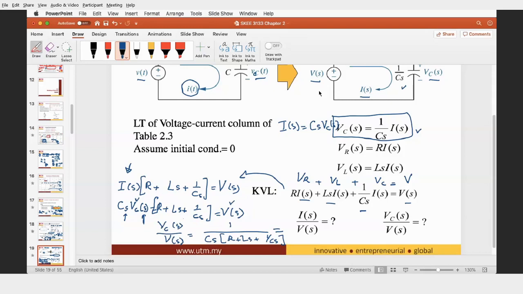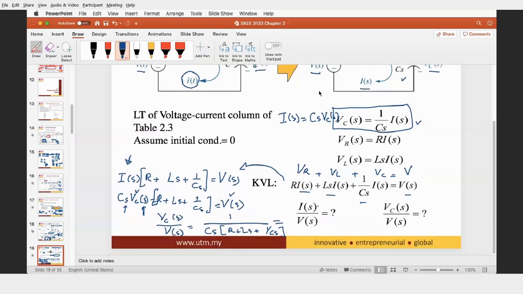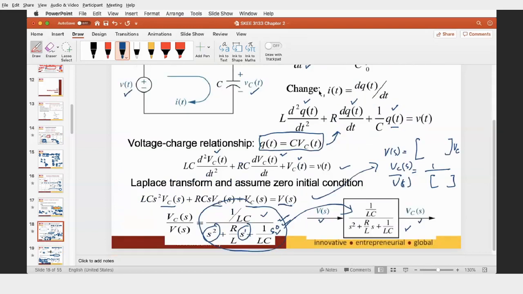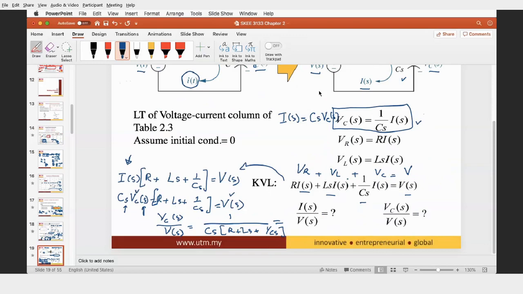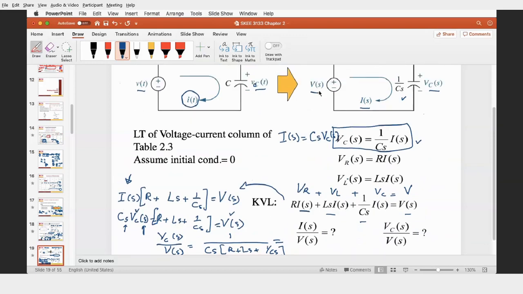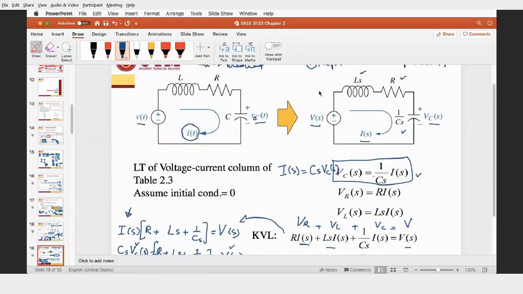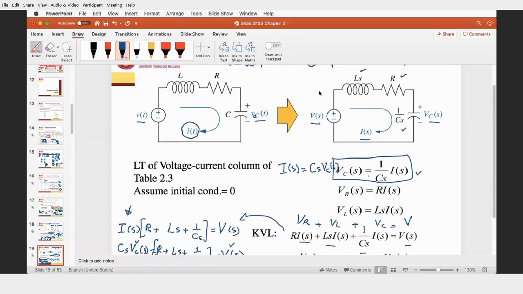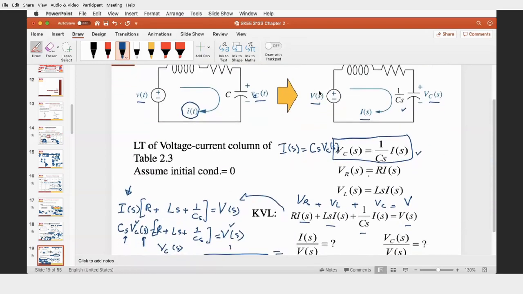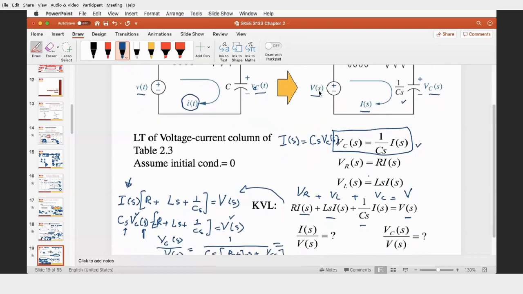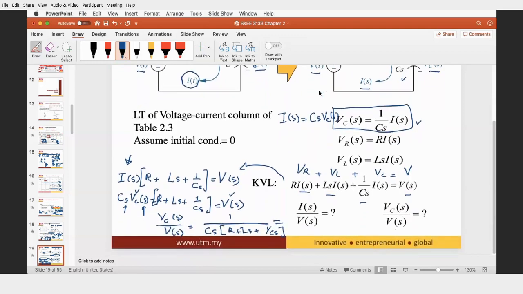So if you try to rearrange this one, you can get this equation again. If you try to prove that, you get the same answer with this. Try to prove that using the simple method, using the voltage divider method, to get the VC with the previous example,